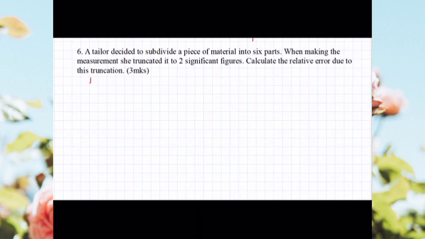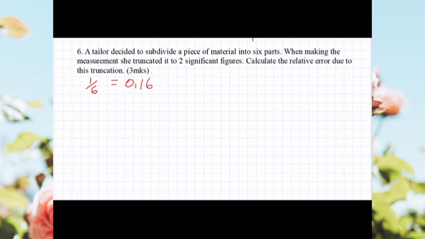In our sixth and last question, we are told a tailor decided to subdivide a piece of material into 6 parts. When making the measurement, she truncated it to two significant figures. Calculate the relative error due to this truncation. So here now, when she divided the material into 6 parts, it means that she was supposed to obtain 1 out of 6, or a sixth. But now, a sixth in decimal form is going to be equivalent to